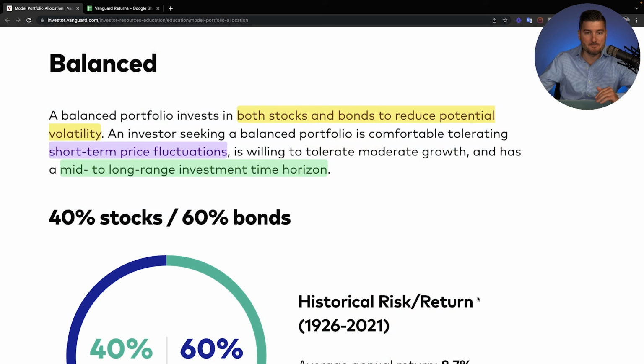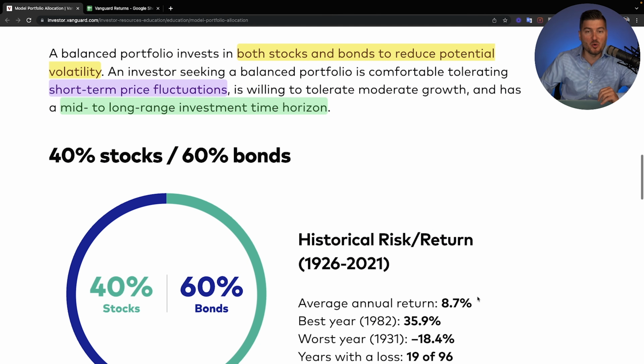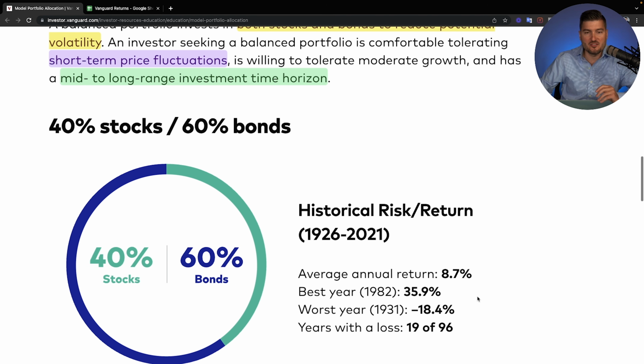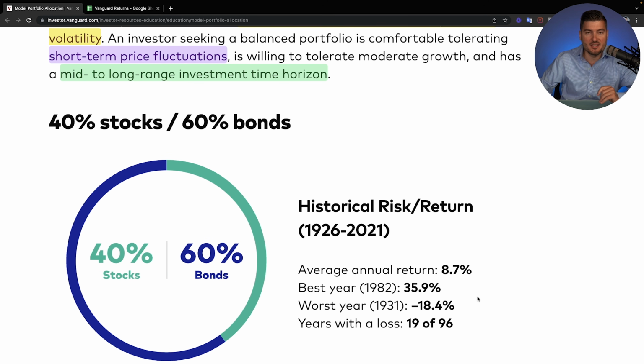So if you take 120, say you're 40 years old, you should be in an 80-20 portfolio. If you want to be more conservative, some people take it off 110, some even take it off 100. Makes sense? So if we go back to this balanced portfolio, this is basically investing in both stocks and bonds to reduce potential volatility. Typically, it's almost like an inverse relationship and also has a lot to do with interest